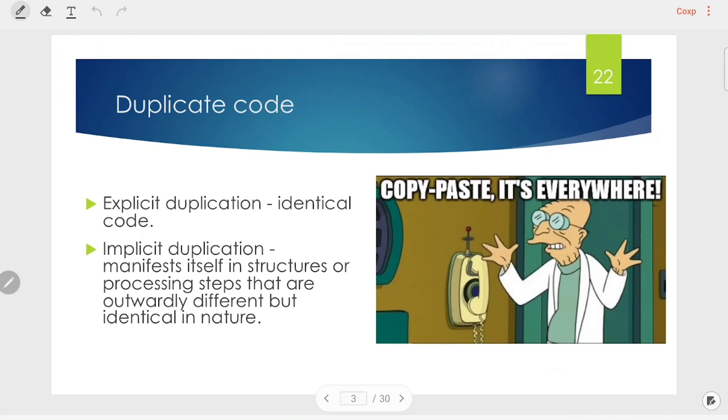And it can be the source of a lot of problems, because when we want to change anything, we should change it in all copy paste parts. And we can find duplicate code in two types. First of all, it's explicit duplication. It can be when we use Ctrl C, Ctrl V, because it's just identical code